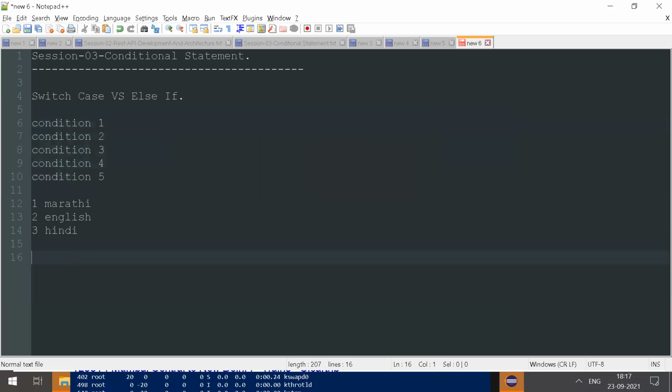I'm opening my Eclipse. Are you able to see Notepad++? Yes, sir. Great.